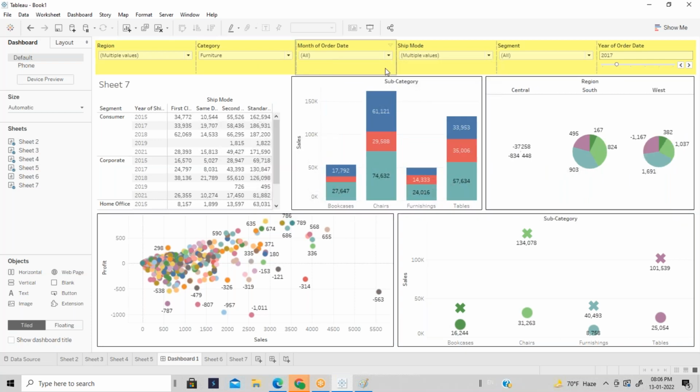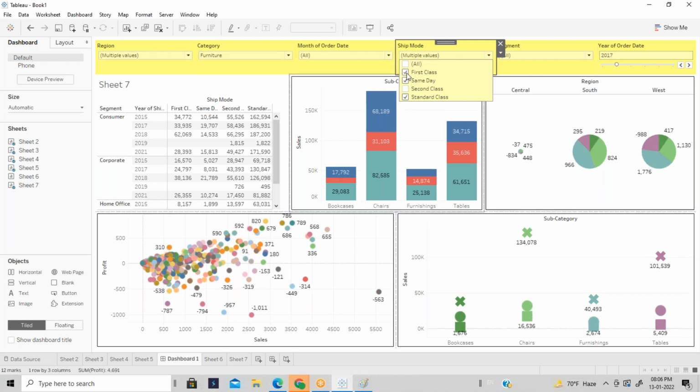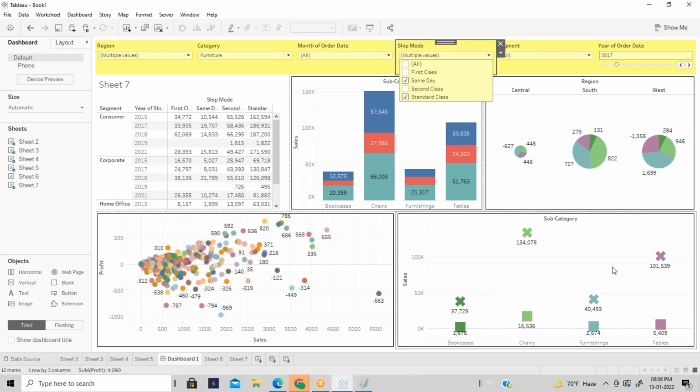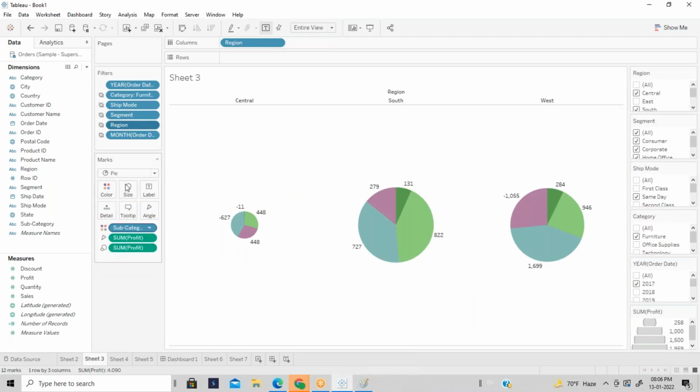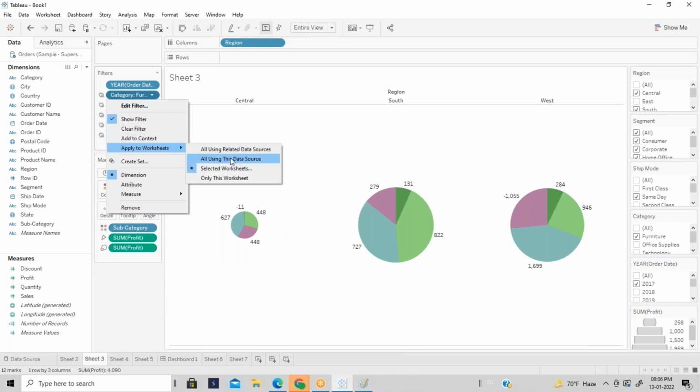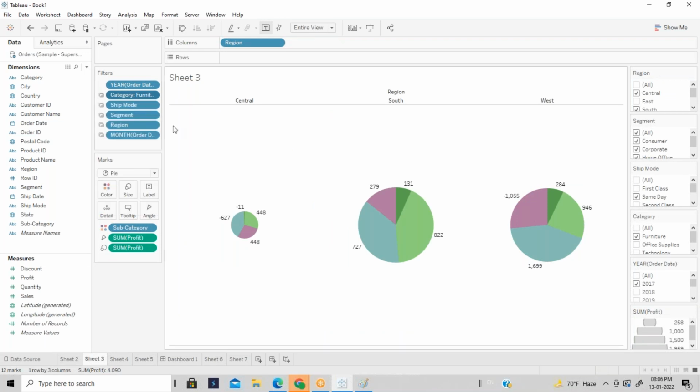Now, in case you select some segment here, we have a segment filter or ship mode filter, right? It's still reflecting into only these sheets. The other sheets are not reflecting, right? Again, you have to go and apply that. Instead of doing that, you go here and apply the worksheet to the data source level. If you apply this to the data source level, so I'm just applying it to the data source level,